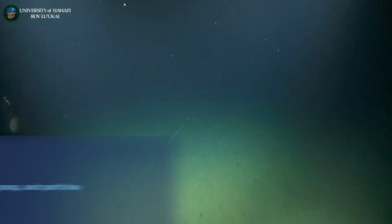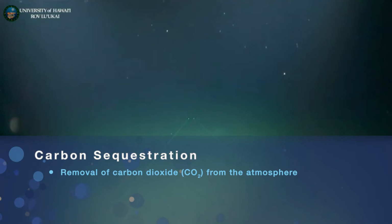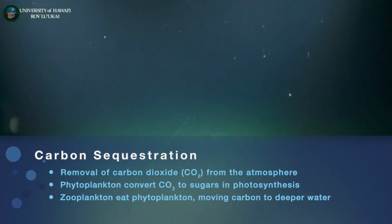So sequestration of carbon in the deep ocean is significant on that time scale, because the circulation time of the ocean is on the order of many hundreds to 1,000 years. We're looking at the changes we can expect in the next 50 years. That's significant. And that's something we would like a better handle on, so we can urge people to make changes